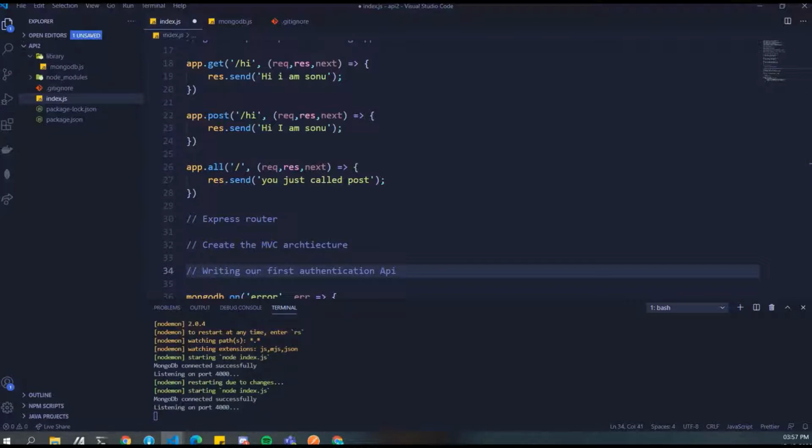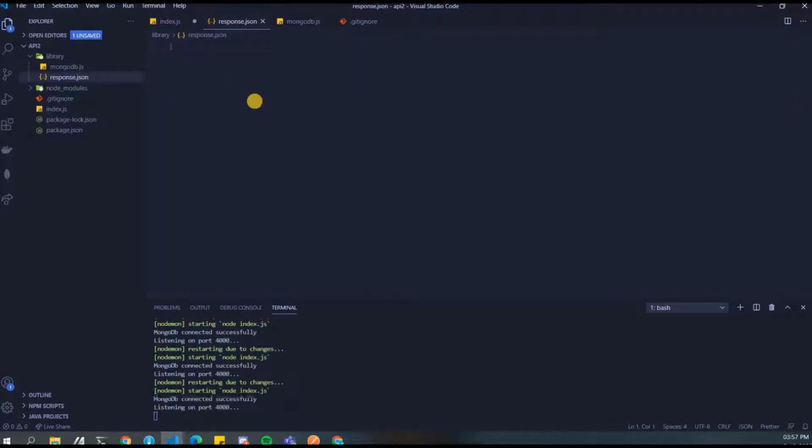So let's get started with writing something called a response.json. This response.json is basically nothing but the responses that you want to send in case of some kind of error or some kind of success that happens.